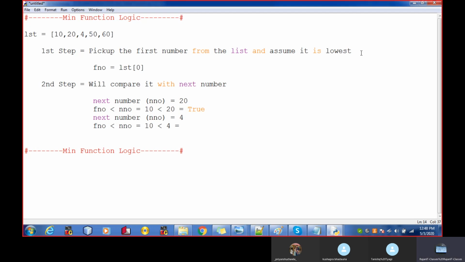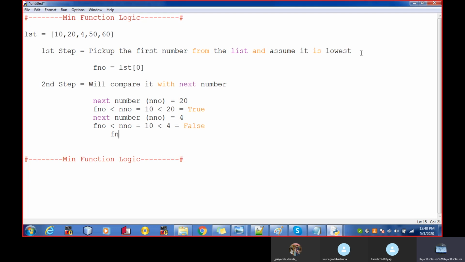No, 10 is not less than 4, so the condition is false. If the condition is false, it means what I assumed in the first step is not the lowest number. So that has been well proved. It means now 4 is the lowest rather than the 10.